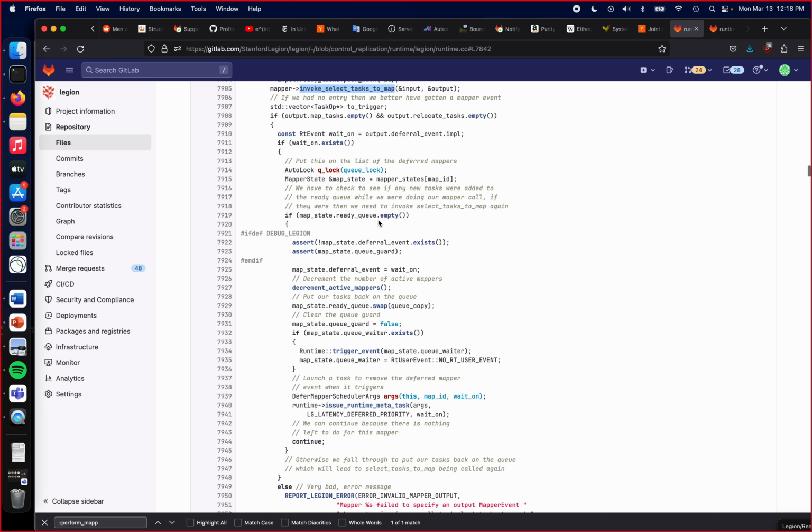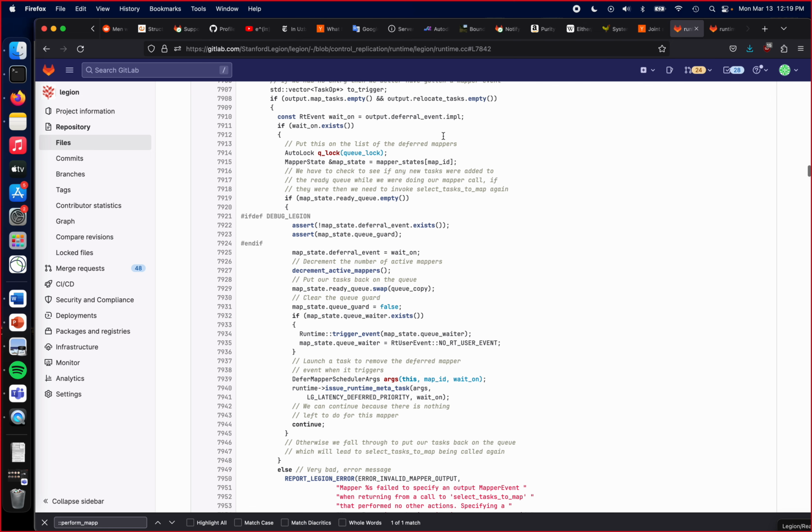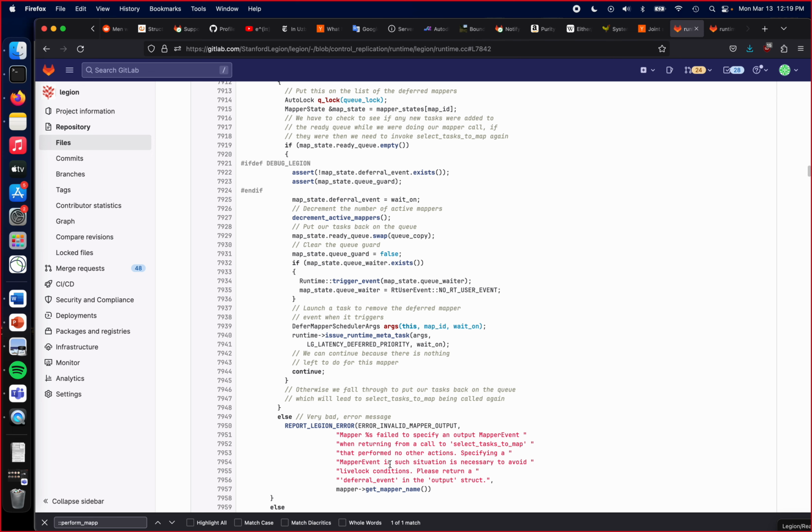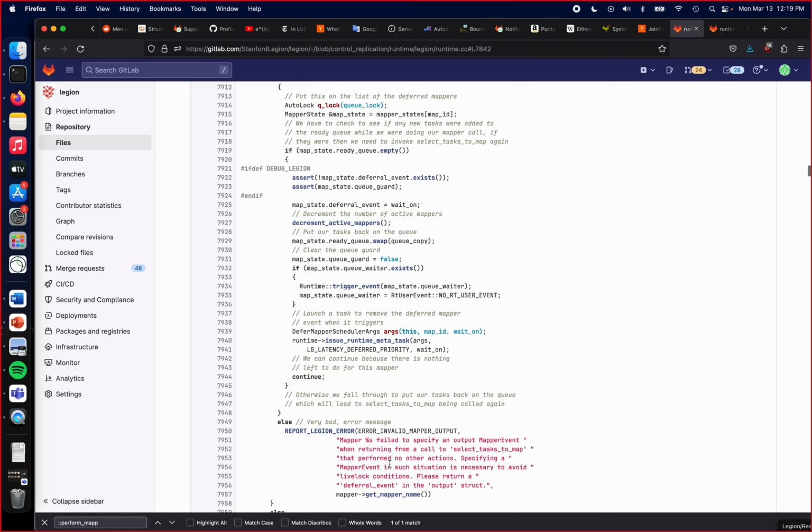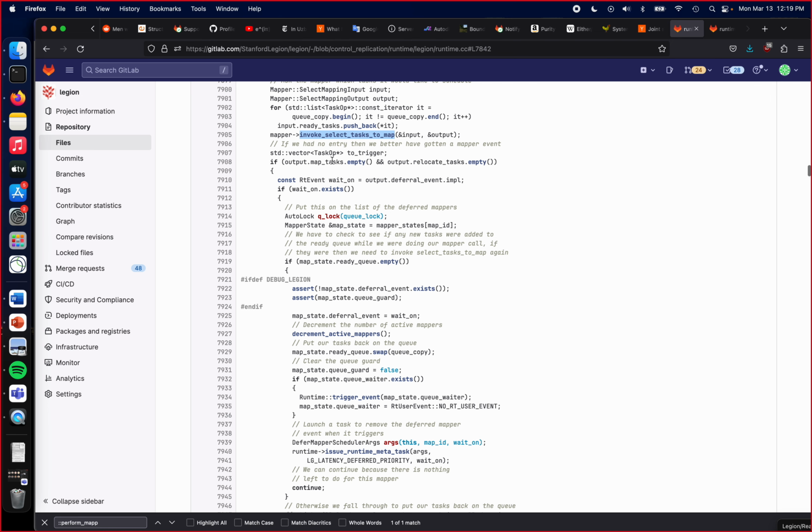In this particular unusual scenario where the mapper has told us not to map any tasks or relocate any tasks, we expect right now that it will have made what we call a deferral event to tell us when to run this mapper again. We actually raise an error if they did not give us one of those deferral events. The reason is that if you don't give us a deferral event and you didn't tell us to map any of the ready tasks or relocate any of the tasks to any remote nodes or remote mappers,